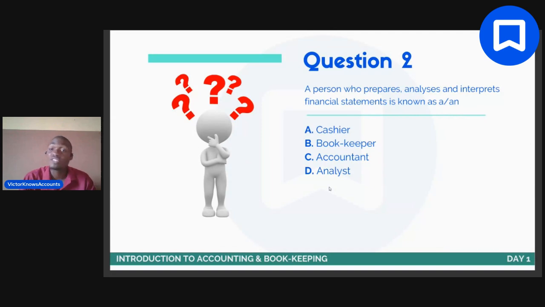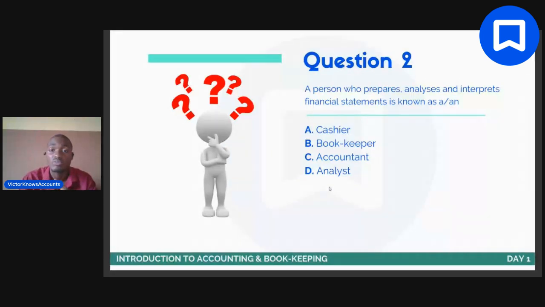All right. Now you have to pay attention to details when it comes to answering questions, and even while writing your exams, I want you to have this at the back of your mind too. Pay rapt attention to details, because for objective questions, candidates can be misled by little details. For example, if you have a question with the word not in it, you have to pay attention to the word not there.